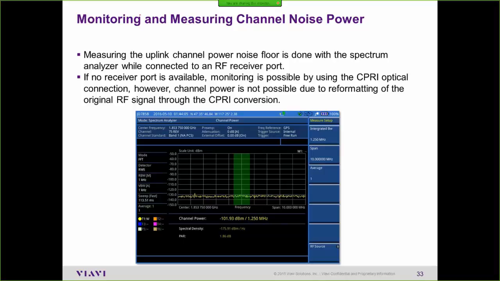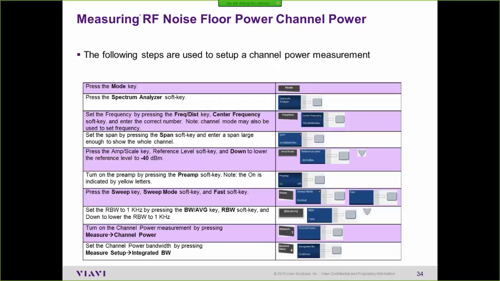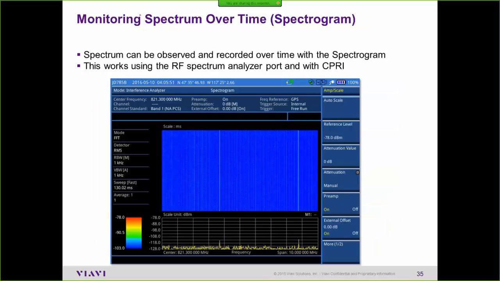Here are the steps on how to set up the spectrogram for the RF port. And by the way, this is also the same set of steps you'd use to configure it when you drive, if you're looking for an interferer. If you turn on logging, whether you're looking at spectrum